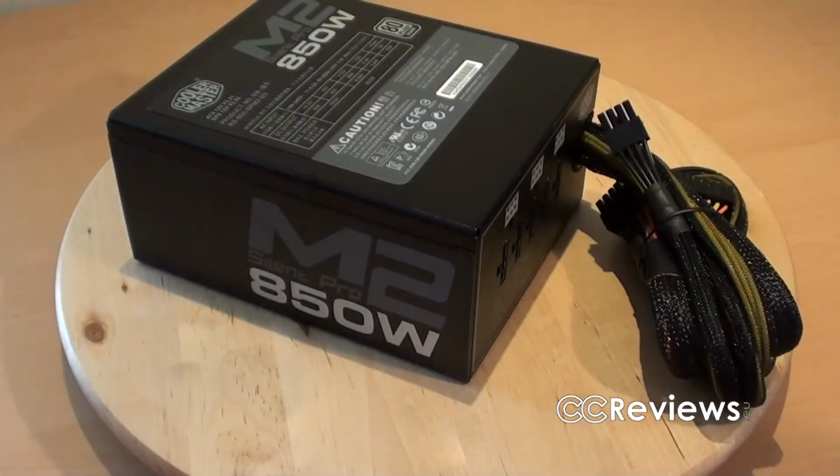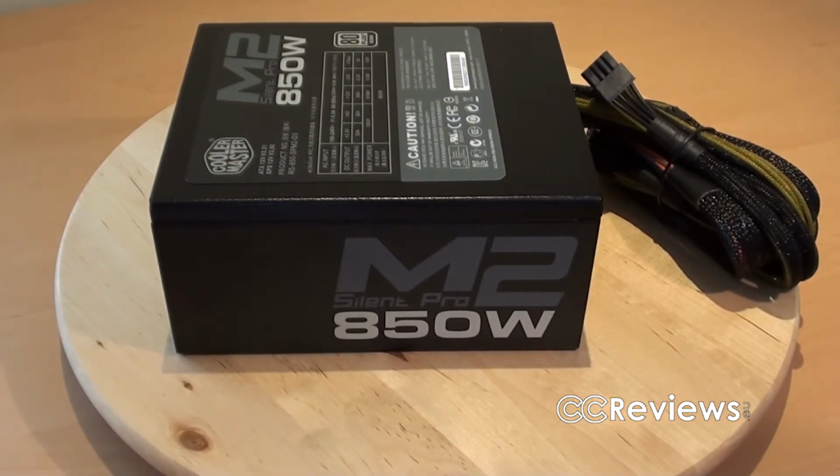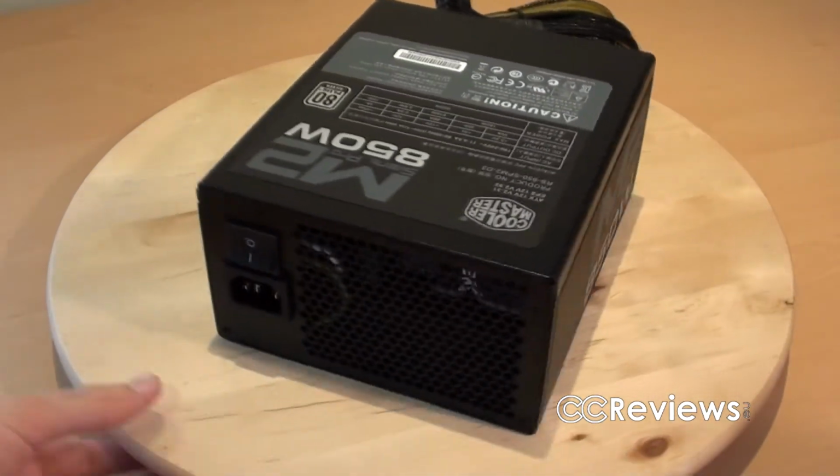Today we're going to be looking at the Cool Master Silent Pro M2 power supply. Alright, so let's have a quick look around the power supply itself. First of all, it has some very nice stickers on the side, but they are very big. And they have the name as well as the wattage, and they are on both sides of the power supply,